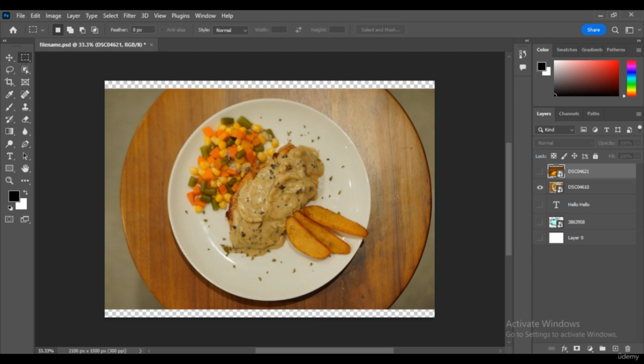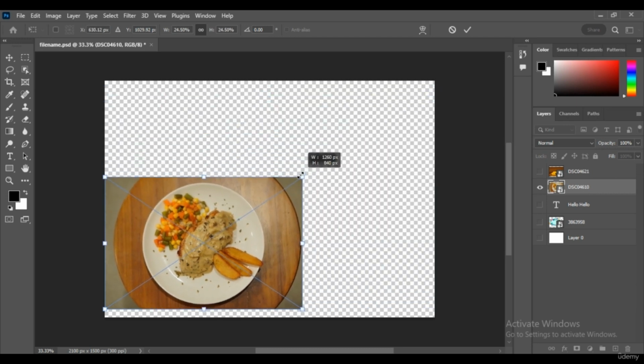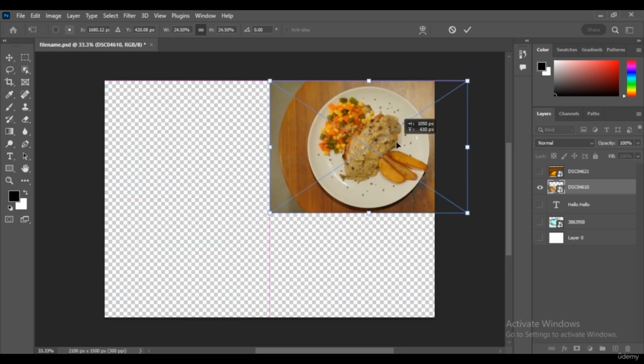We can transform this first by clicking the move tool and selecting this layer, and then press Ctrl T on your keyboard to rescale it and put it on the top right part.